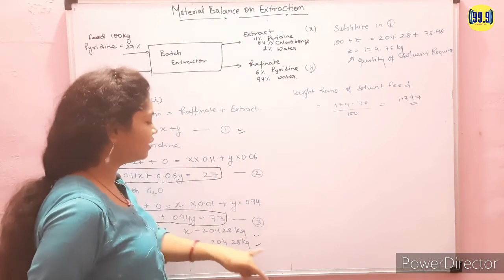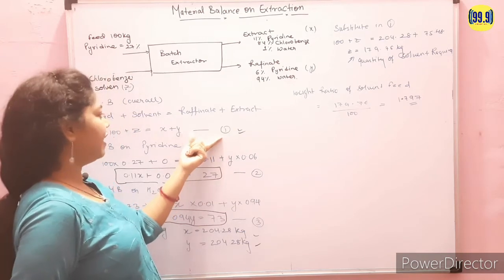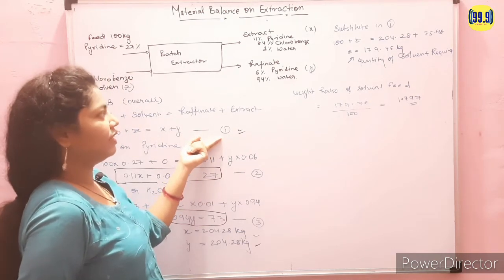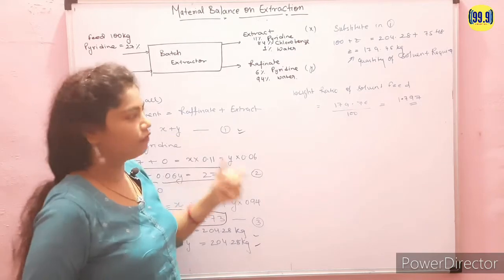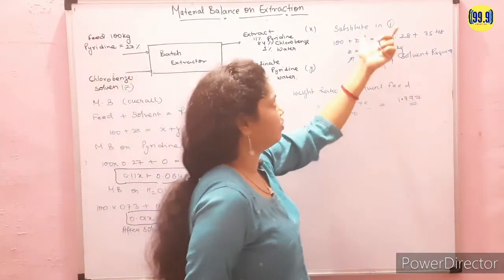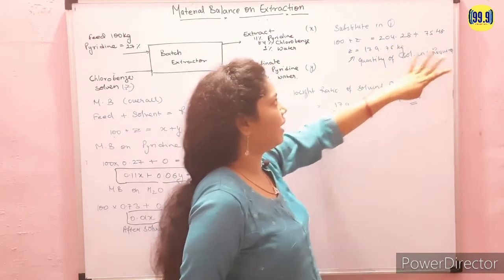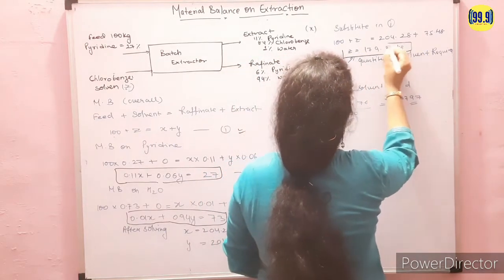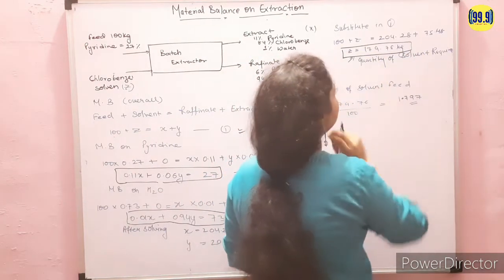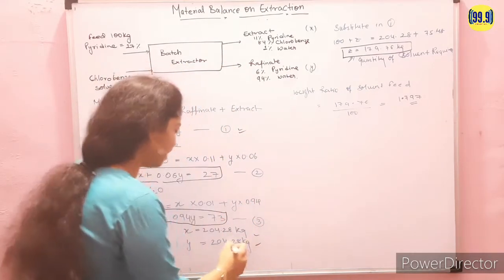We simply substitute these values of x and y into equation 1, and then what will we get from equation 1, that is the value of z, that is the quantity of the solvent required. So we simply put down all the values of x and y, and we get the value of z from here, that is 179.76 kg, ठीक है। अब फर्स्ट पार्ट तो हमने यहाँ पे सॉल्व कर लिया।